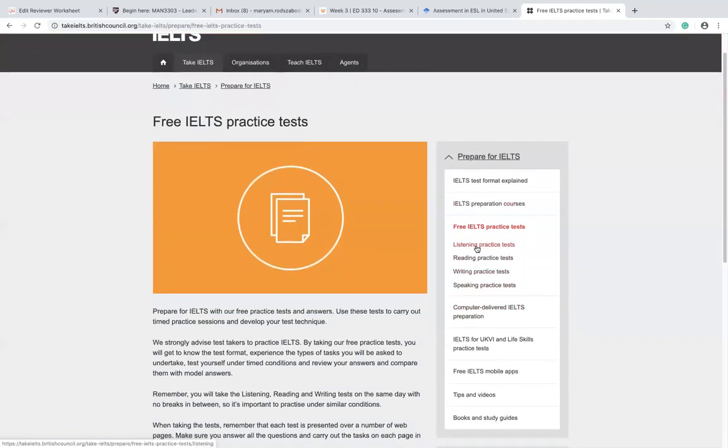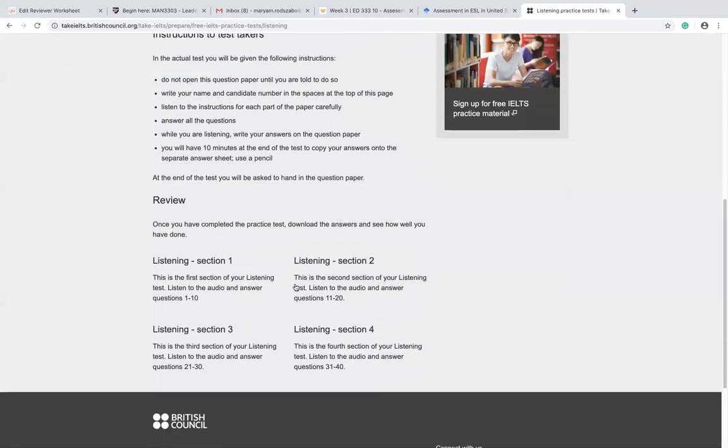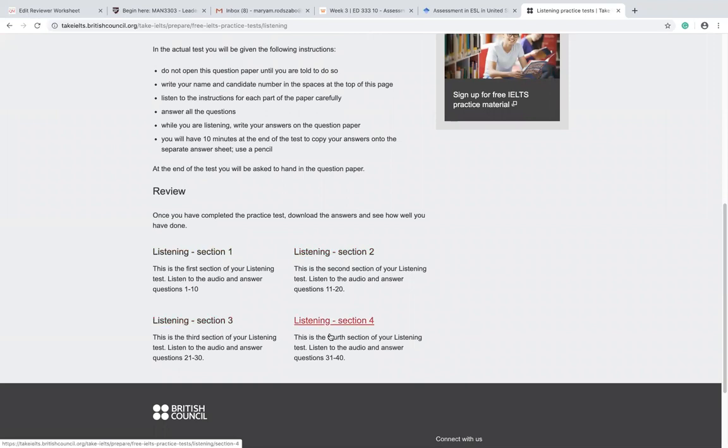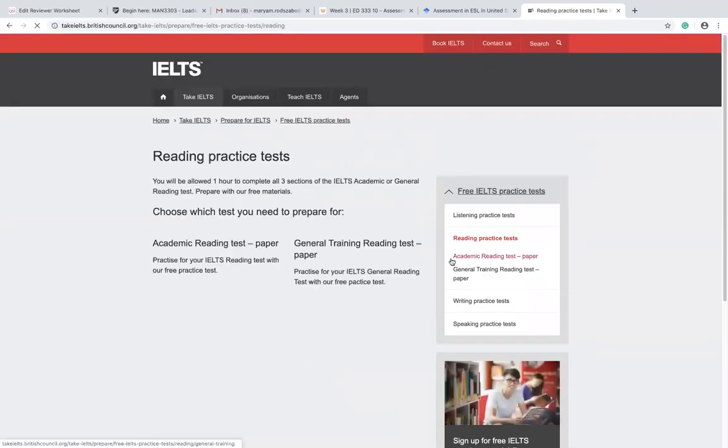When you click on the listening, you see that there are 4 sections. Those 4 sections are actually 4 sections of one test. So when you start, you need to make sure that you're clicking on every one of these and completing all of those questions, and then moving on to the next step, which is your reading practice. The reading comes with 2 or 3 readings, and as an academic major you have to do all of the readings that are provided for you. One of them is more complicated and one of them is more general.